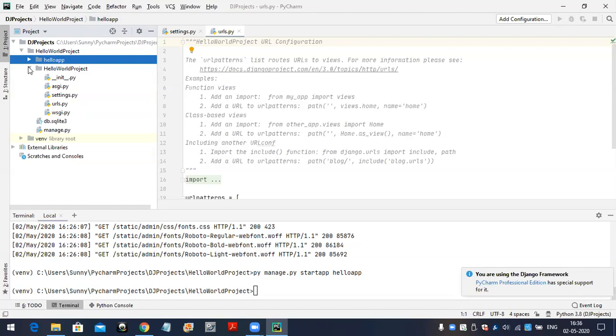Next, settings.py: your application configurations, everything we do inside settings.py. Next, urls.py: here we configure the URL patterns corresponding to our view functions inside urls.py. wsgi.py: at the time of application deployment in a live environment, we use the wsgi.py file. These are the files we get whenever we create a project and application. Clear up to here? So now what am I going to do?